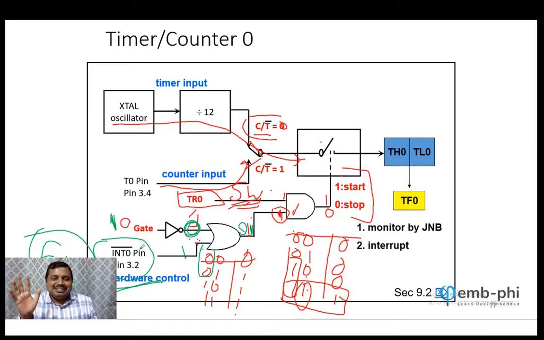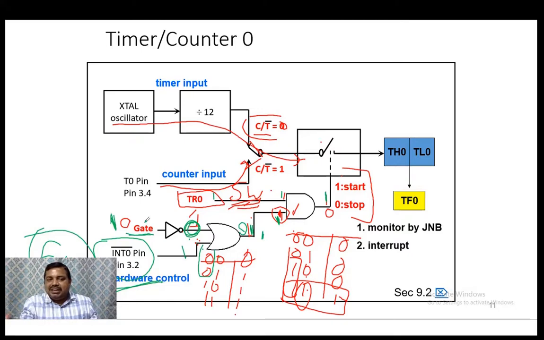Hope it is making sense. Okay, so now I made it 1 here, opposite of that 0. Same way, when the user gives 1, then only it will come 1. When it comes 1, this is software control, it will be 1. When both are 1 1, then only we will get 1. So then only the timer will start. So whether we want to start the timer internally or externally depends entirely on this gate pulse.